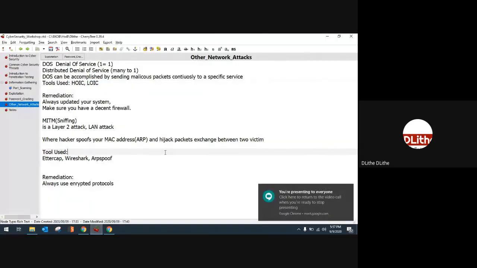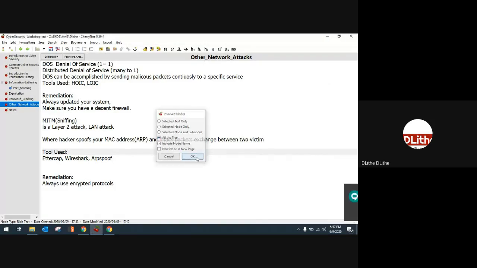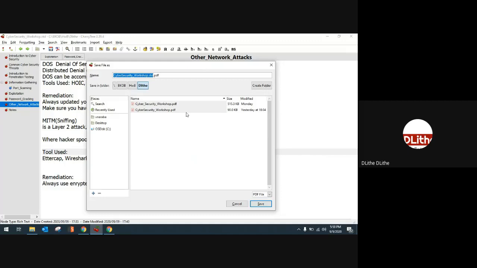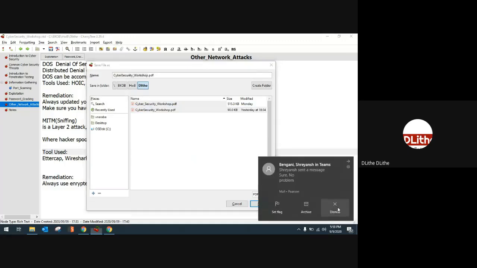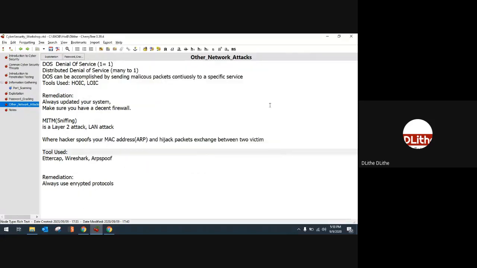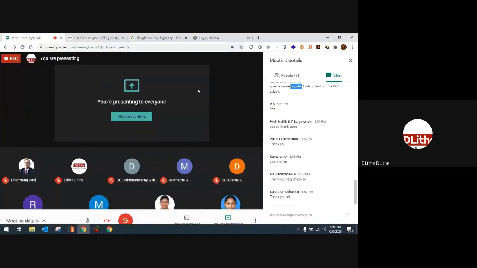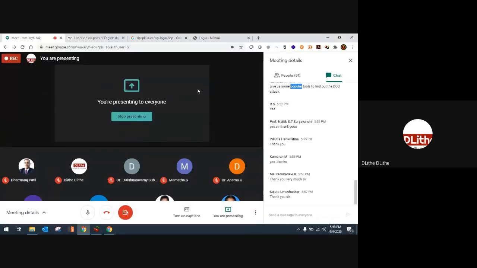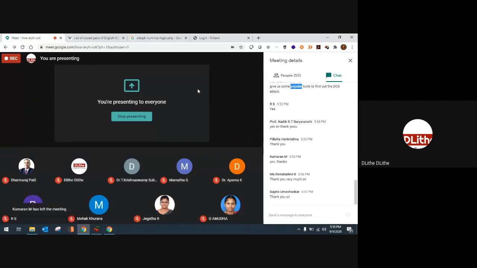Meanwhile, I'll export this file into a PDF version, and as usual, I'll be forwarding it to ma'am, and she'll append it along with yesterday's data, that is your recording, so it will be accessible for you all. And what I would recommend is that everyone practice the practical part that we have already done, so that we can be more proficient in those attacks.